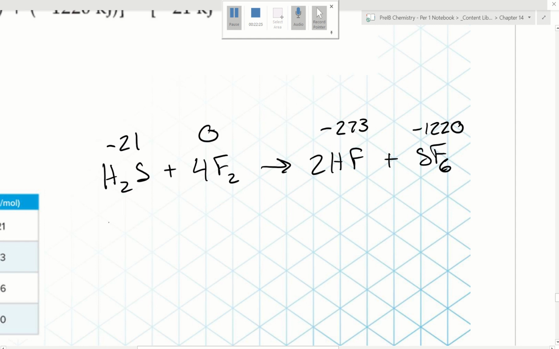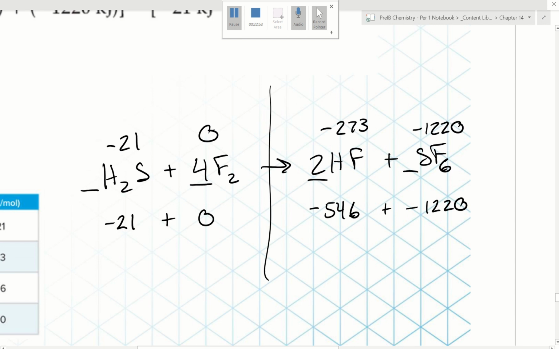So now all I'm going to do is multiply them by their number of moles. So this is -21. 4 times 0 is still 0. 2 times -273 is going to be -546, and 1 times -1220 is -1220. All right, so now I've got my reactants and my products. I'm going to add them together. So -21 plus 0 is -21. -546 plus -1220 is